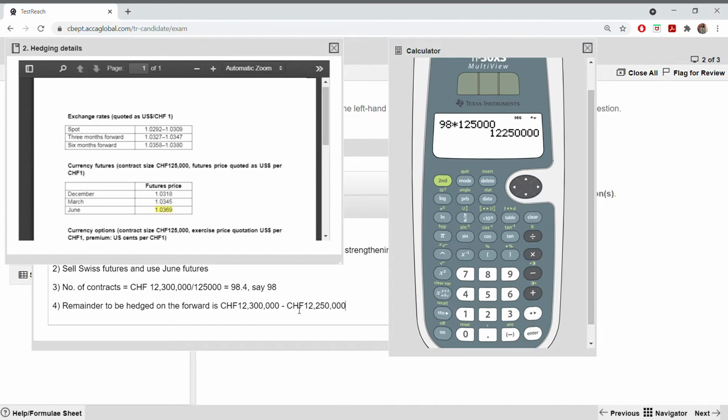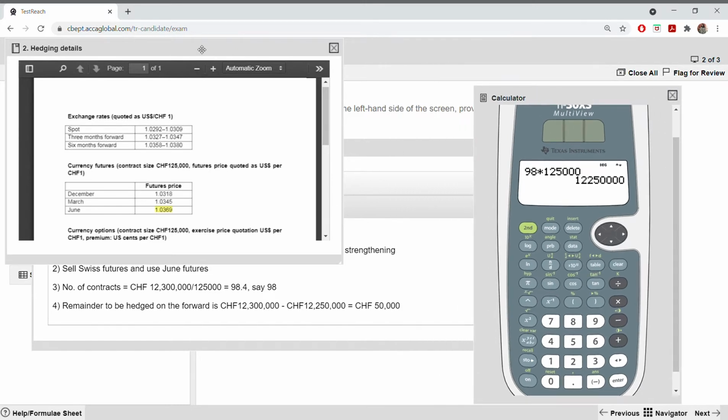But if I write 12.25 million, it's very hard for you. Some of you might put 10 less or 10 more. That's why I'm writing the whole number, and you also put the whole number. Make it a habit of writing the whole number. Now, what is the difference? Definitely this is something which is easy, right? I don't think you need a calculator for this. So it's 50,000. But in case some of you want, you can put it in the calculator and say 50,000. Okay, so this is the difference, 50,000.